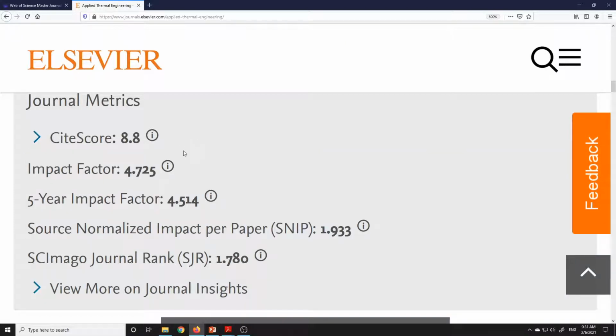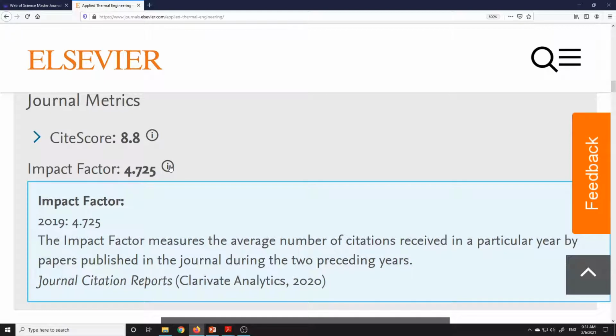Now next comes the impact factor. Impact factor is per year. It is done by Clarivate Analytics, 2020 recently. So recently the impact factor has been about 4.725.